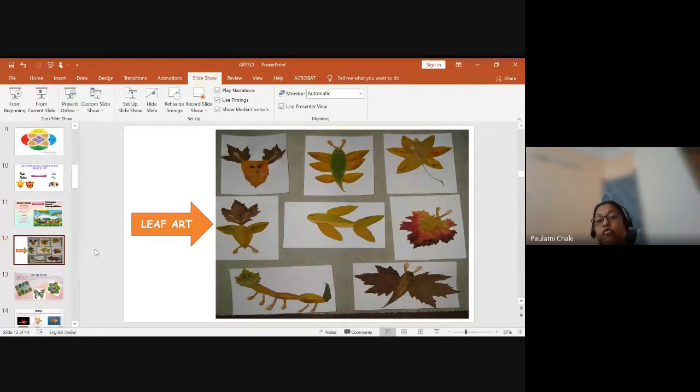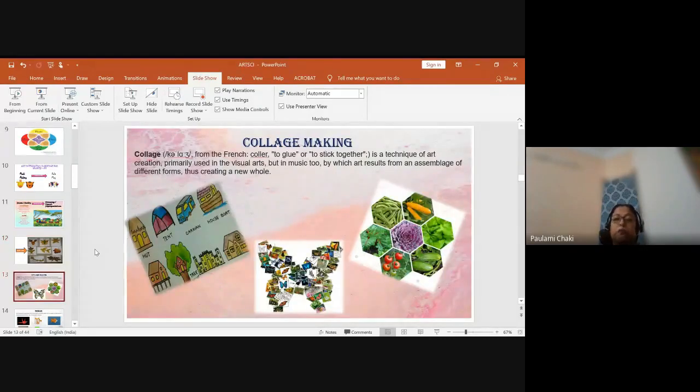So if this set of students are going to take biology at a higher level, they already know how to make a herbarium. So subtly you are doing all the processes. They are learning skills. These are the skills which they are learning in leaf art. Then they can portray different things. So this leaf art is a very good thing. This also I have done in my school, so I can tell you that this works very well.